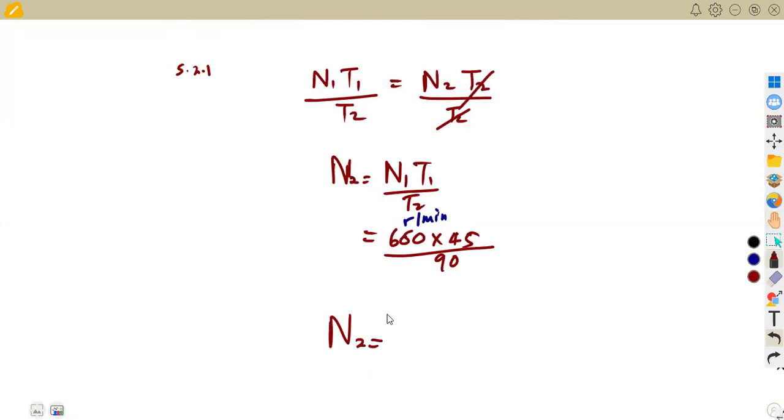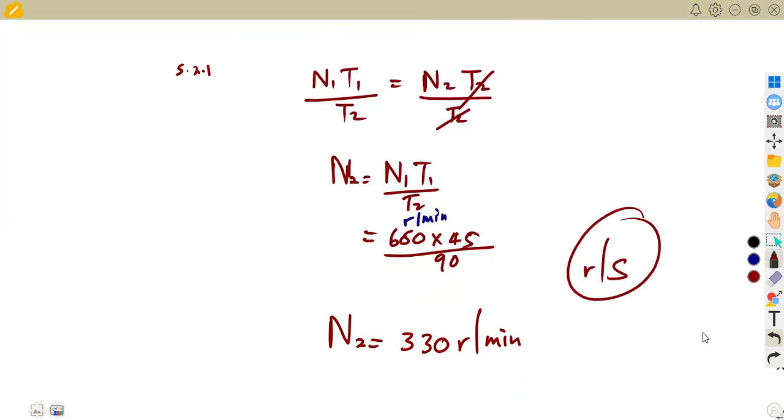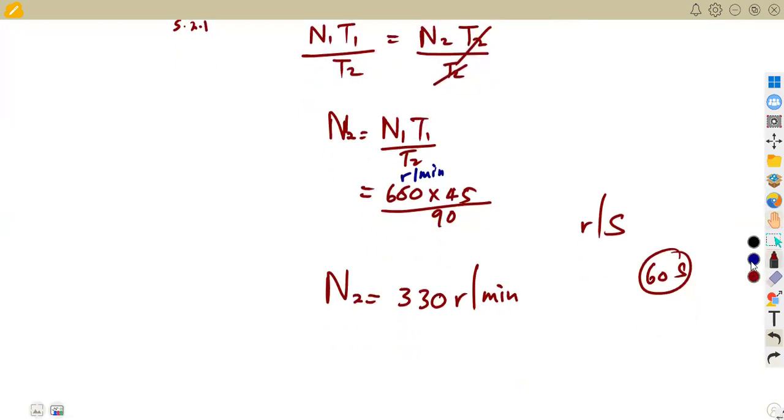Like I said, it is going to be in what? Revs per minute, since this N1 was in revs per minute. So that's 330 revs per minute. But the question was, we are supposed to have this in revs per second. So how do we convert to per second? Remember, a minute is equivalent to how many seconds? 60 seconds. So in place of the minute, we are going to write this per second as 330 revs